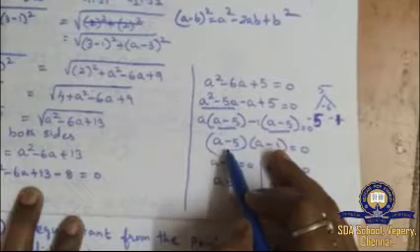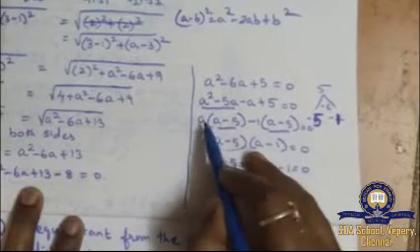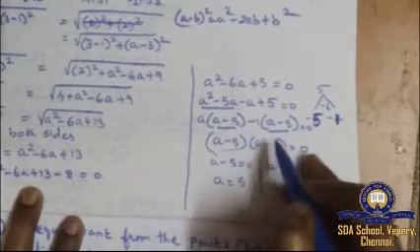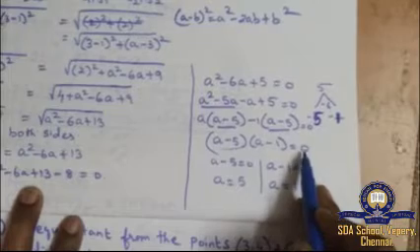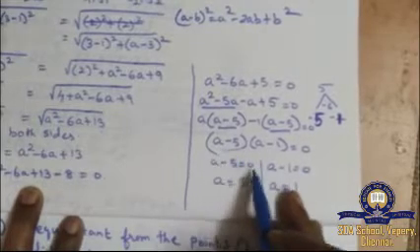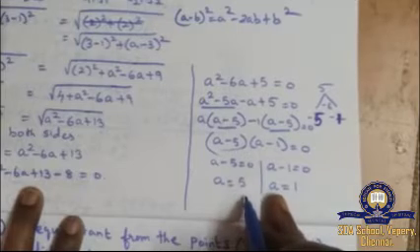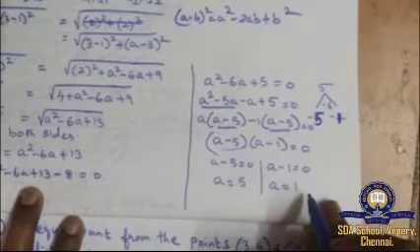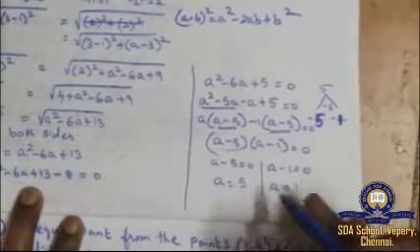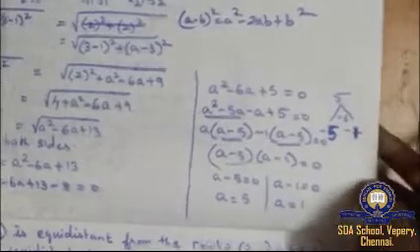For this both we have to write 1 a minus, this common is a minus 5, uncommon is a minus 1. So common terms we have taken out, a minus 1 equal to 0. So this equal to 0 is common to both, a minus 5 is equal to 0. That means minus 5 if it goes that side, a equal to 5. In my minus 1 if it goes that side, a equal to 1. That's all. We have found out a value, a is equal to 5 and a is equal to 1.